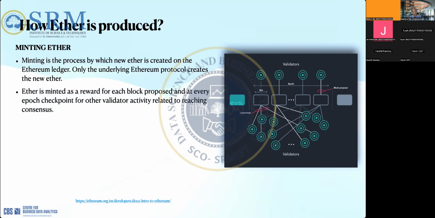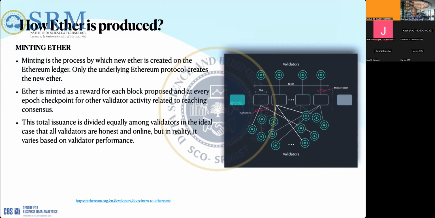So here the nodes are not competing against each other to make a block; on the other hand, one of the nodes is randomly selected for making the block. Let's say this node is selected as the block proposer. Then it will put all the transactions into a block. And all other nodes in the validating group will verify each and every transaction in this block by following the same process, right? So that is how things happen.